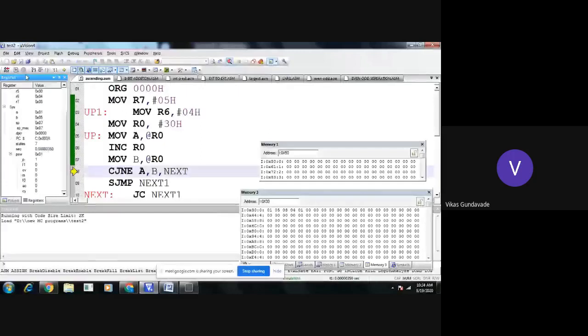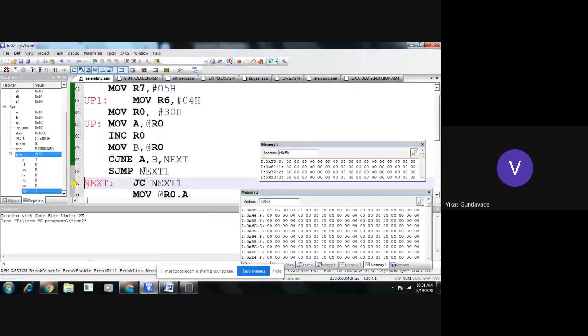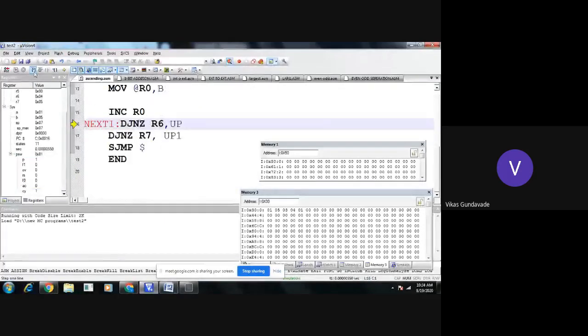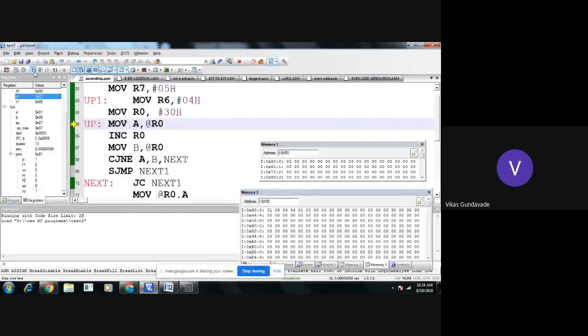Now we will see when the comparison instruction is executed. If both numbers are equal, it will jump to the next instruction; otherwise, it will execute the following instruction. Now see the condition jump if carry. Carry is set, so it will jump to the decrement location. R6 will get decremented, and again it returns to the A comma @R0.